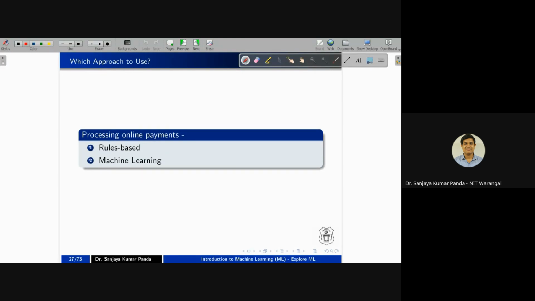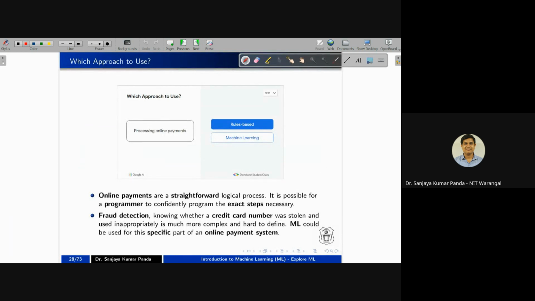So that's why we can say it is a rule-based system. But if I take another example, fraud detection, then obviously you need machine learning. The reason why it is machine learning, you might have experienced, is that sometimes